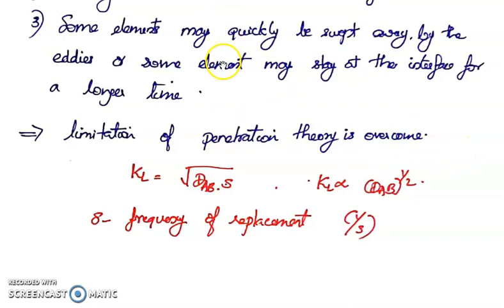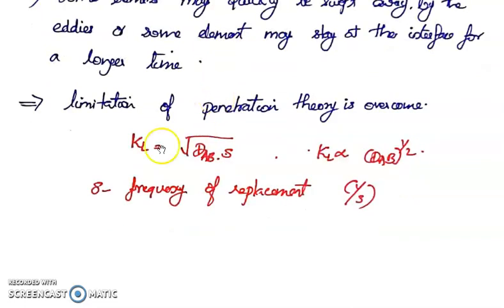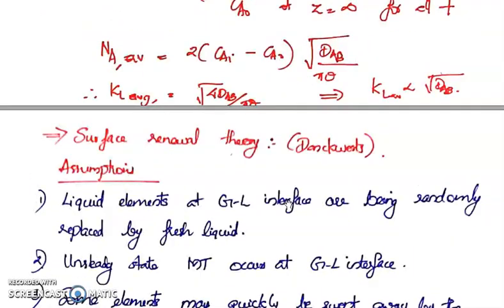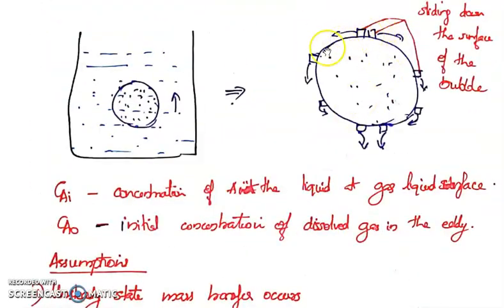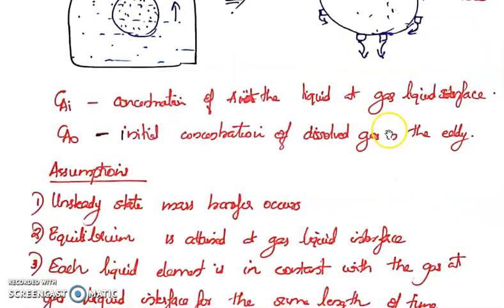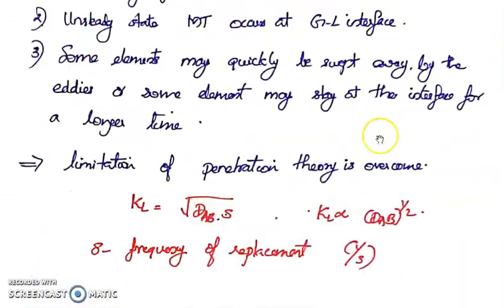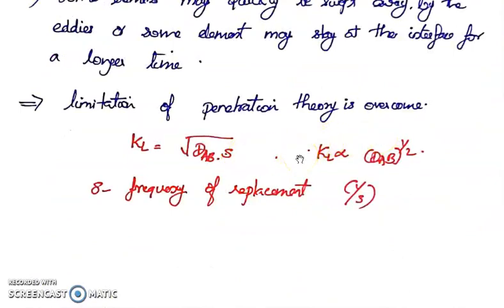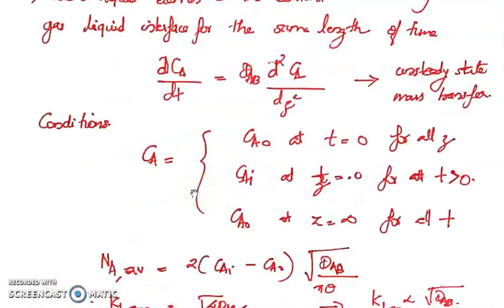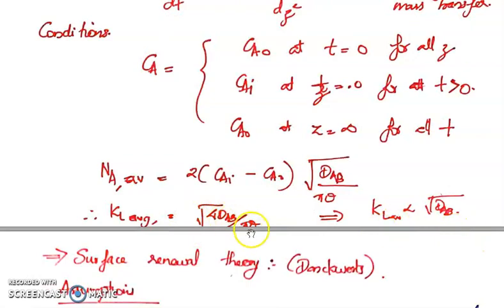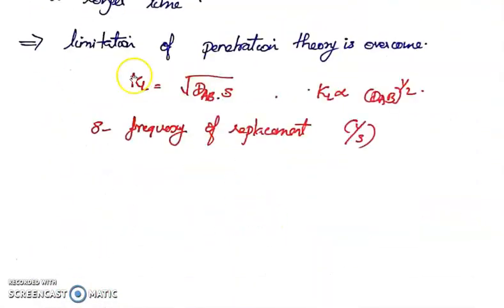Based on these assumptions, if we solve the respective equations, you'll get K_L, the mass transfer coefficient, is equal to root of D_AB into S, where S is the frequency of replacement. That means the frequency at which the liquid elements are being replaced from the surface of the bubble. You don't need to learn more details about these theories because they are really complicated. You just need to know the expressions, three different expressions obtained based on three various assumptions. So here we get K_L is equal to root D_AB into S. Earlier we got K_L is equal to root of 4 D_AB by pi theta. So these are more or less the same, but